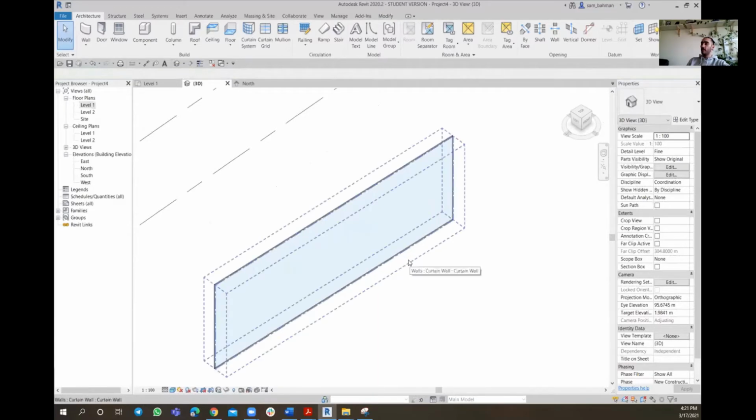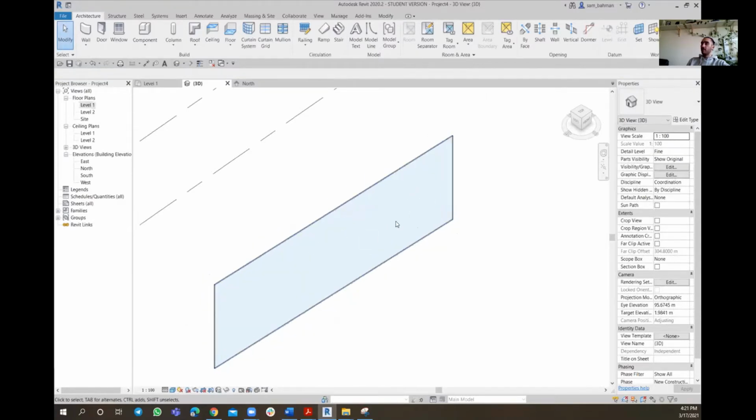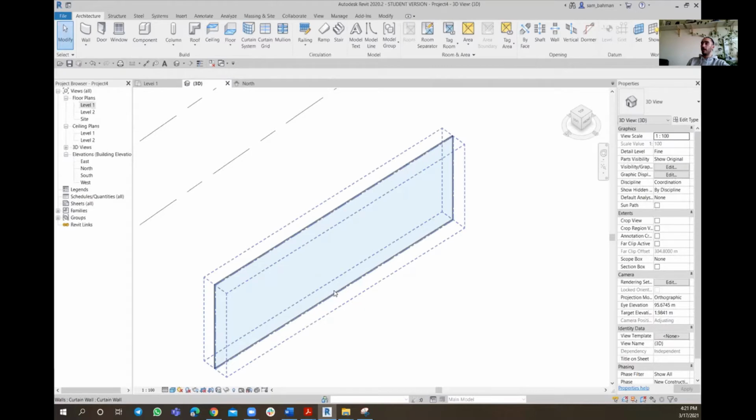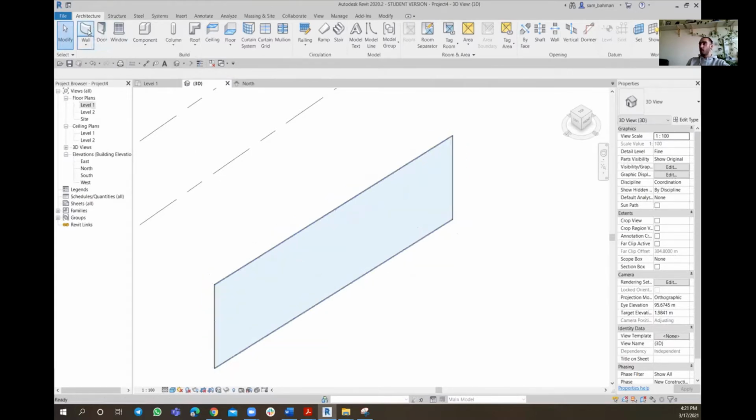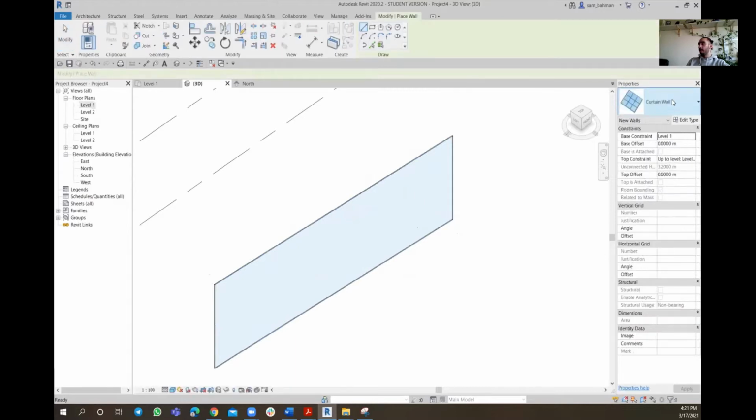Any mullions are not existing so far, right? And also we do not have any sort of grid. So grids, mullions, anything is not there. We only have one simple glass panel. That's what we call a curtain wall. Now, if I go back again to the wall, and this time